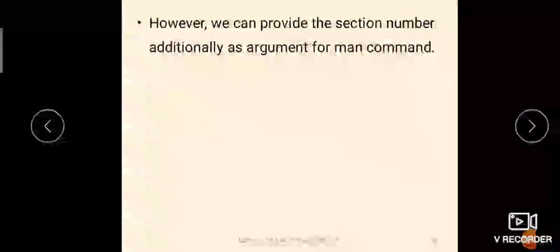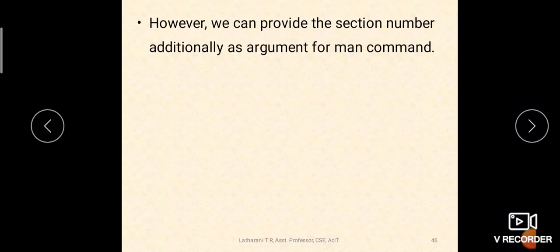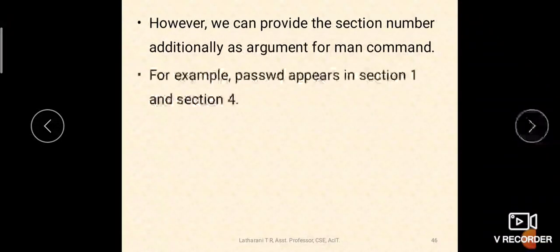However, we can provide the section number additionally as argument to man command. Particularly, suppose if you want to find a command which is present in that particular section, you can mention the section number for the command to search. For example, password appears in section 1 and section 4. We have studied about password command, right? So, that password command is available in first section as well as fourth section.